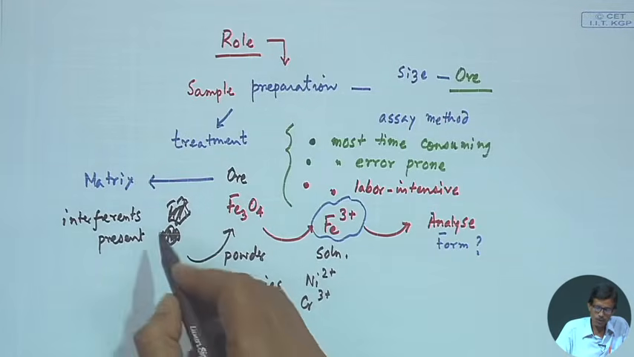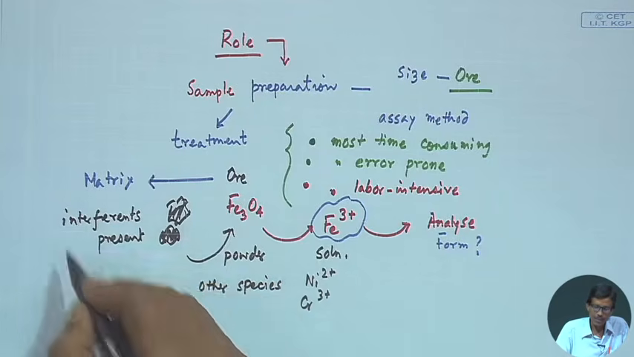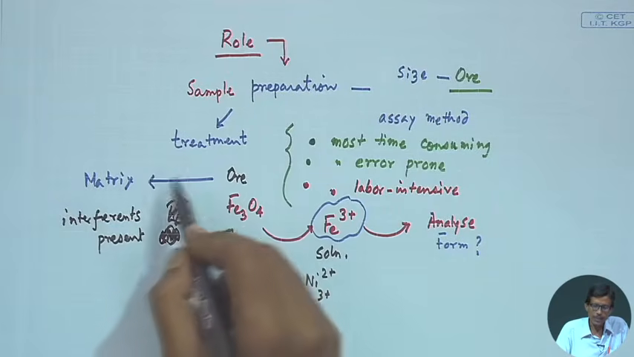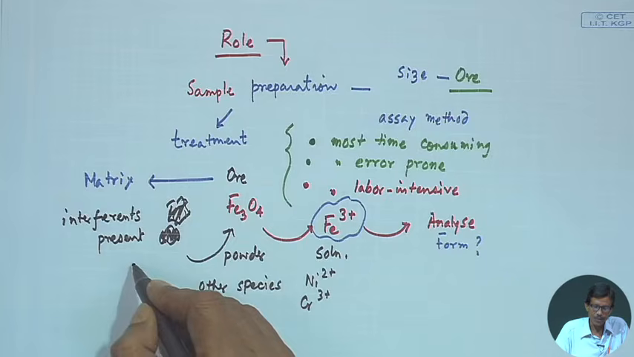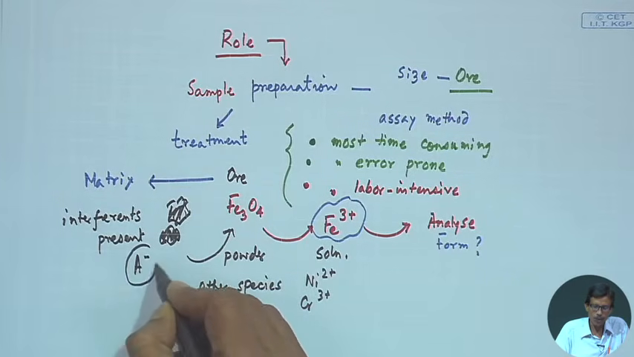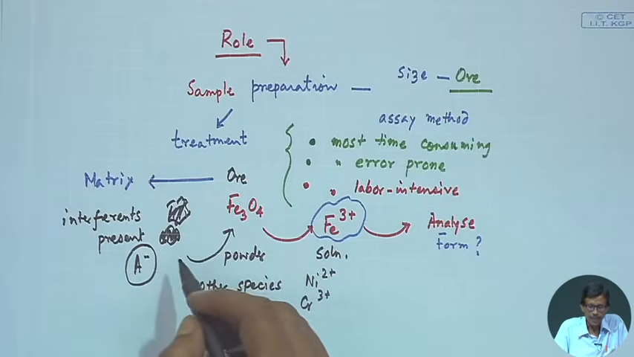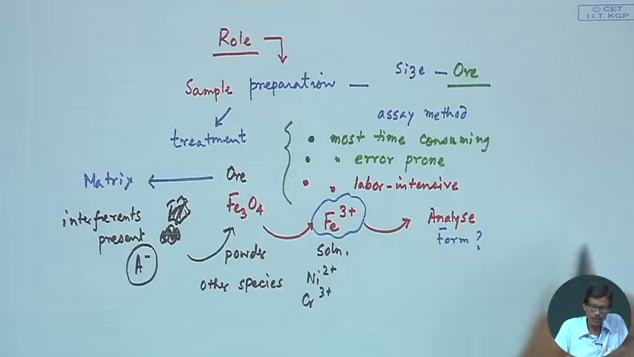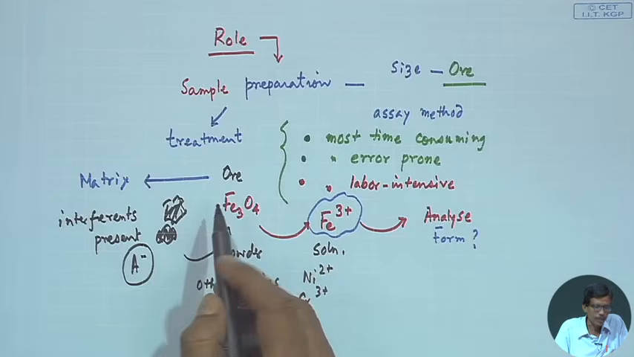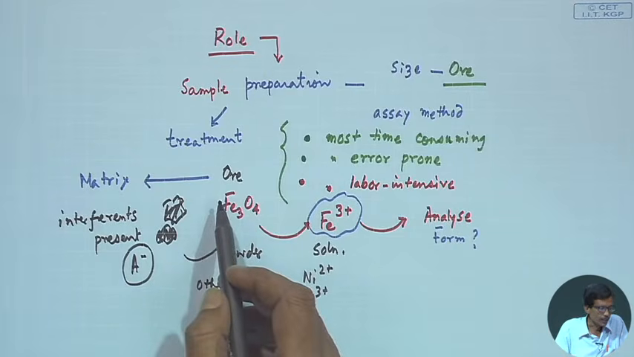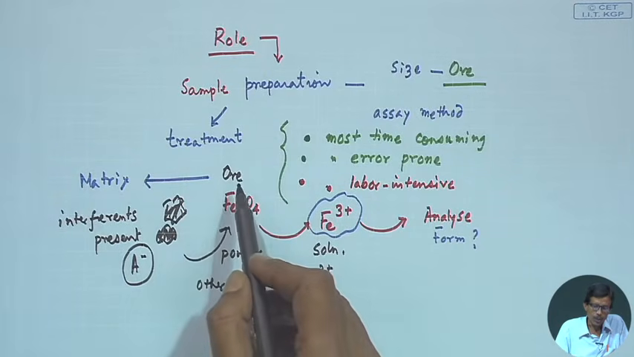sometimes due to the treatment by the acid. If the ore matrix is being treated by the acid, all these acids can have typical anions like chloride, like nitrate, like sulfate and all these. These were not originally present within this sample. So, due to that particular